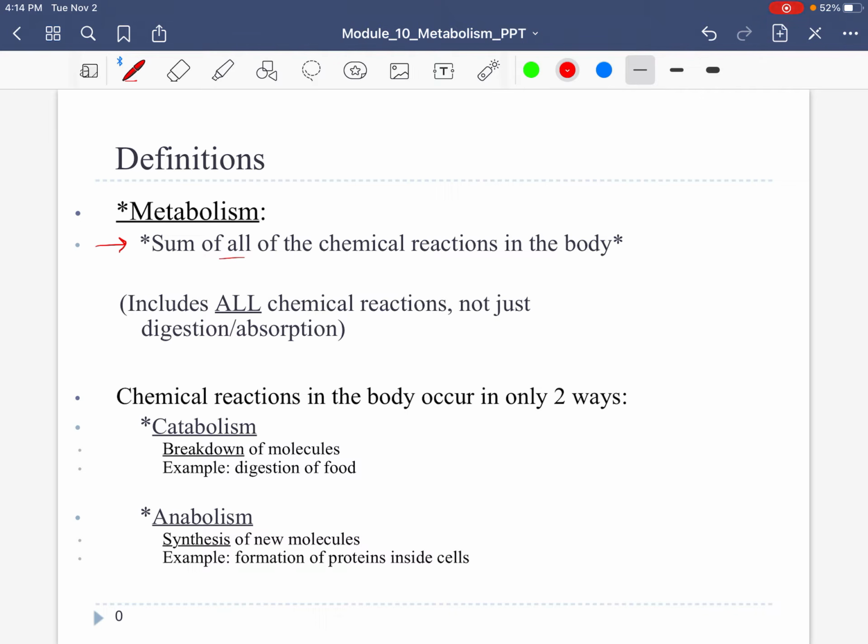All. Now, basically, and we actually can simplify it to a large extent this way, if we look at one specific chemical reaction, either it is a catabolic reaction or it is an anabolic reaction. Anything that has to do with catabolism or catabolic means that it's a chemical reaction that is breaking down something. You're breaking down muscle after a heavy workout. You're breaking down nutrients that you bring in when you eat.